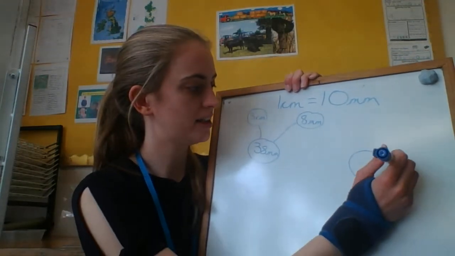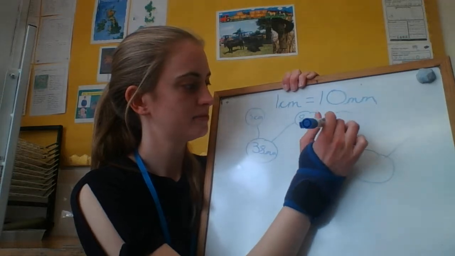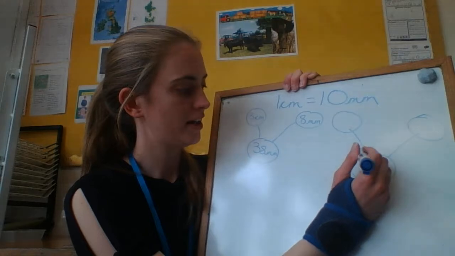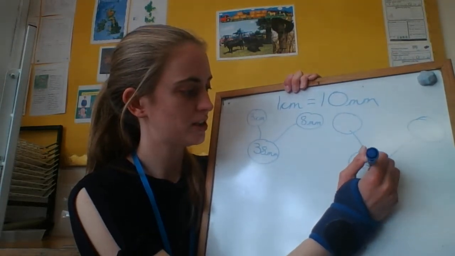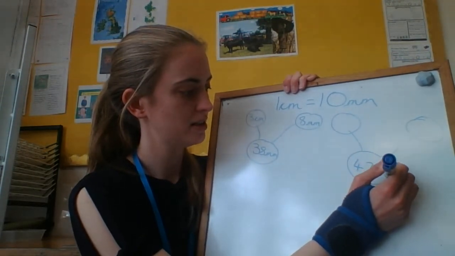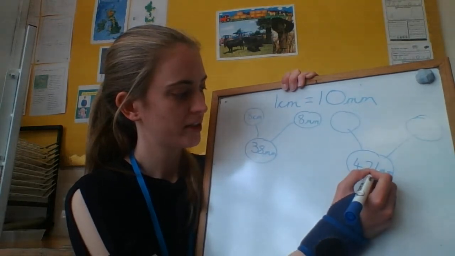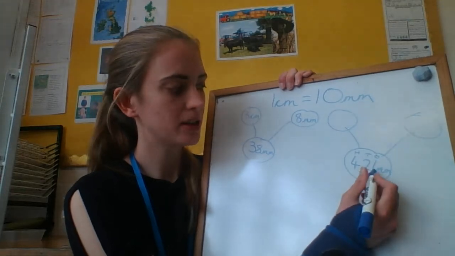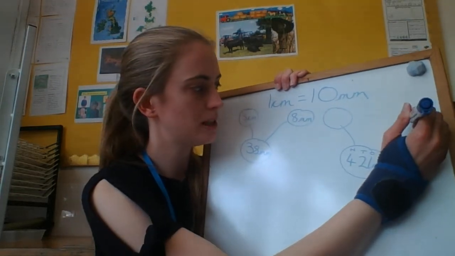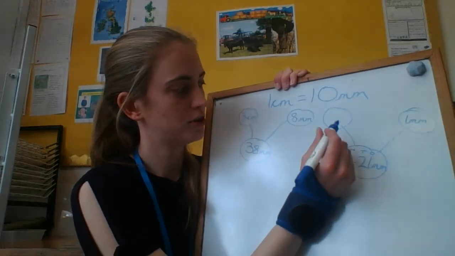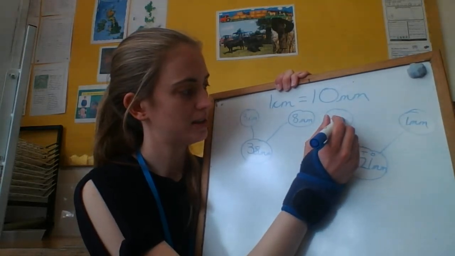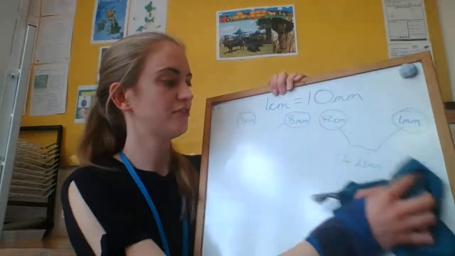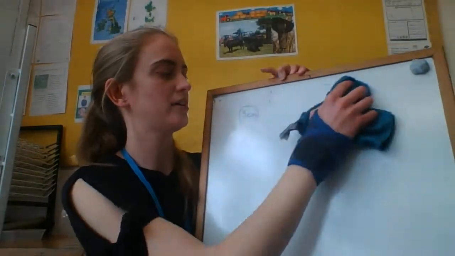Okay, I could have it like this. So if I have got 421 millimetres, I have got ones, tens, hundreds. Millimetres on their own are the ones, that's 1 millimetre and 42 centimetres. Okay. So that's the first thing to do, is to make sure we remember how to do this, because